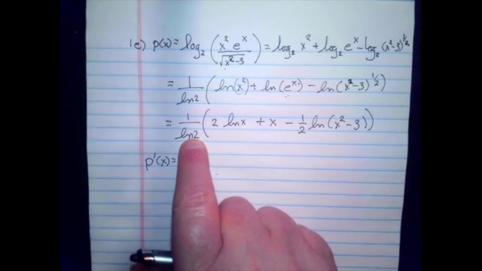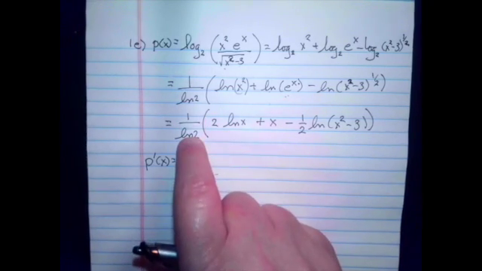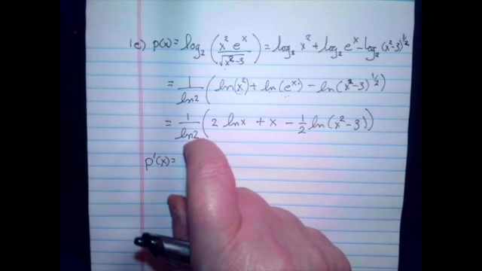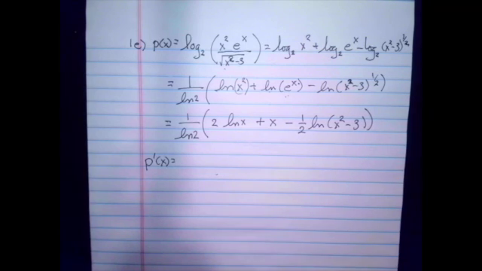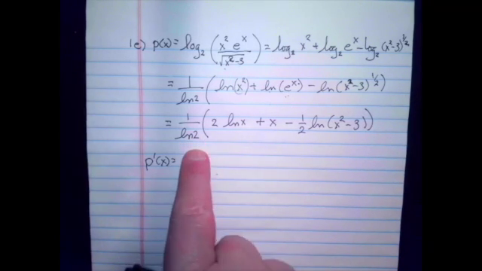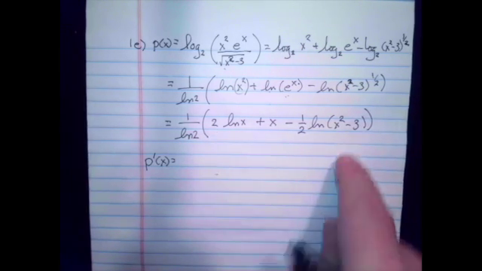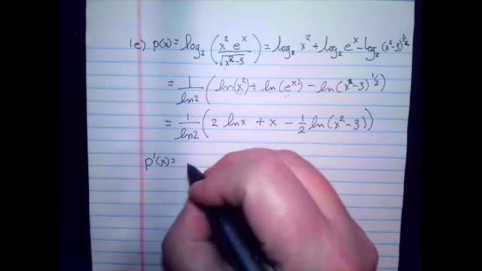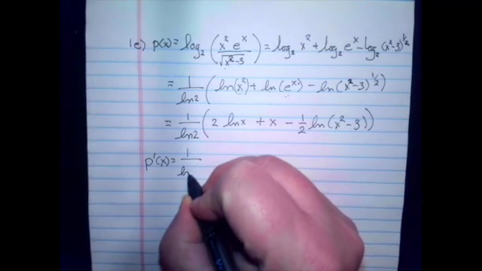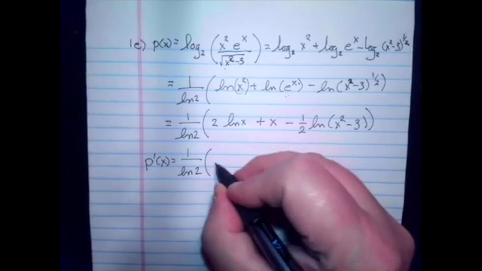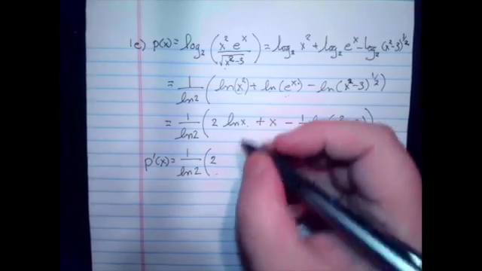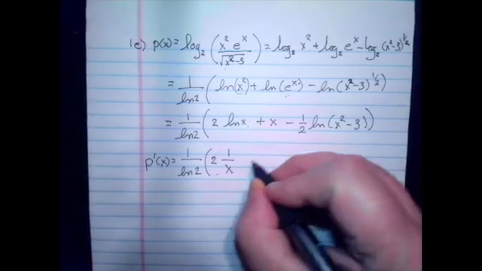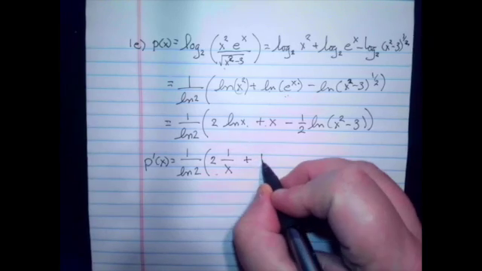So remember that the natural log of 2 is a constant. Since 2 is a constant, therefore 1 over natural log of 2 is a constant. So what we're differentiating is a constant times a long function. When we differentiate, we will bring the constant down and multiply it by the derivative of this long function. So here we have 2 times the derivative of natural log of x, that's 1 over x. The derivative of x is 1,